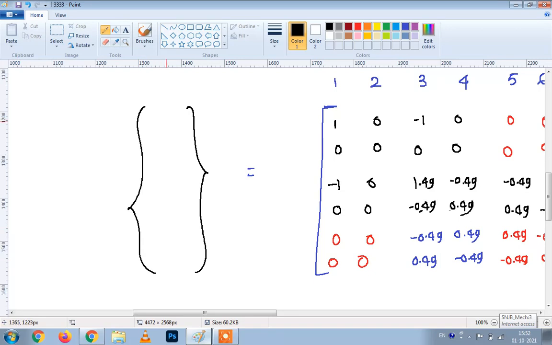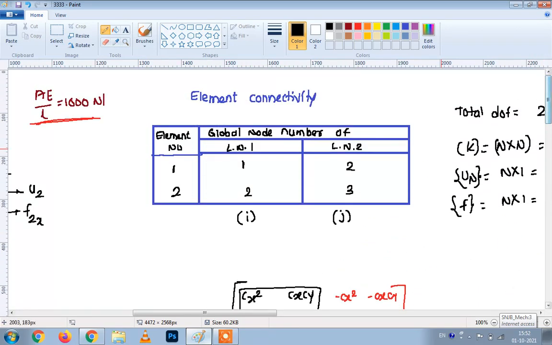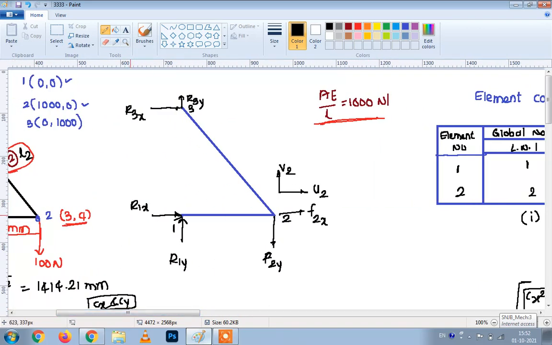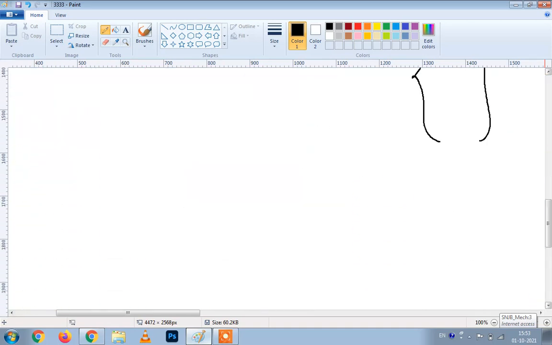So here at node point number 1, see here, while discretization we have written at node point number 1 R1x, R1y. At node point number 2, there is no value of F2x, as F2x value is not given. We will put this value as 0. So F2x will be 0, and this F2y, the value of F2y, it is given 100. As it is acting vertically downward, we will take it as minus 100 Newton, and here R3x and R3y. So simply I am writing these values here.